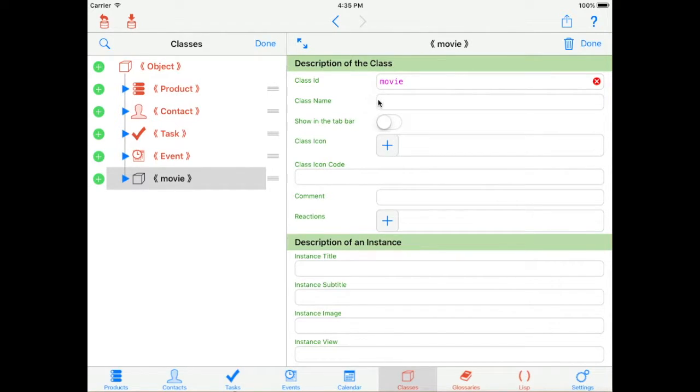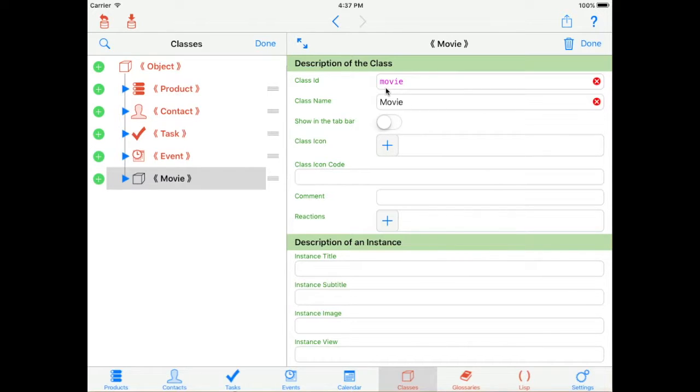and I will write movie with a capital M. We notice that when the class has a name, it is the name of the class that is used to represent this class, and no more its identifier. The name of a class is therefore simply cosmetic information. Changing the name of the class does not change anything regarding the behavior of the application. On the other hand, the ID is essential, and